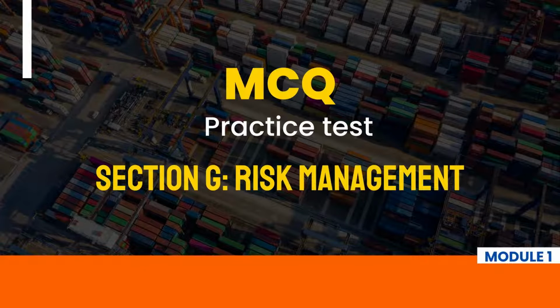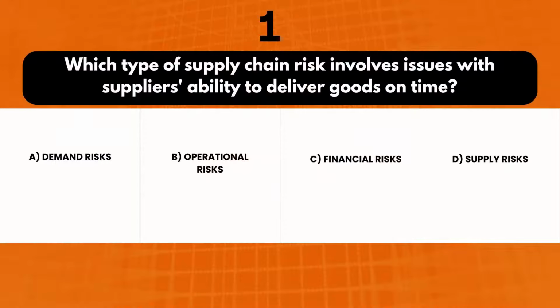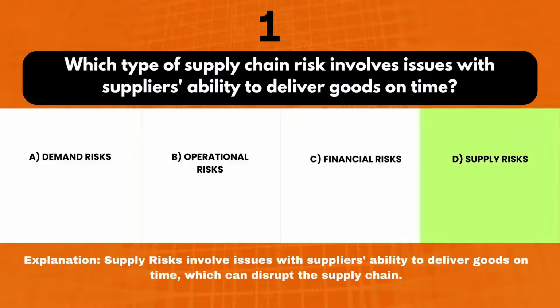Let's take a small practice test for Section G, Risk Management. 1. Which type of supply chain risk involves issues with suppliers' ability to deliver goods on time? A. Demand risks. B. Operational risks. C. Financial risks. D. Supply risks. Correct answer: D. Explanation: supply risks involve issues with suppliers' ability to deliver goods on time, which can disrupt the